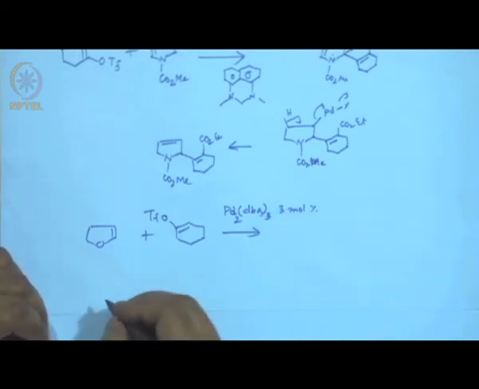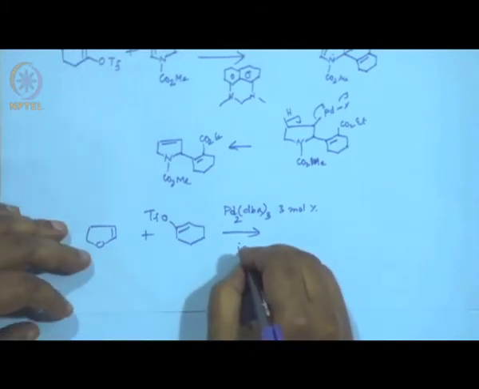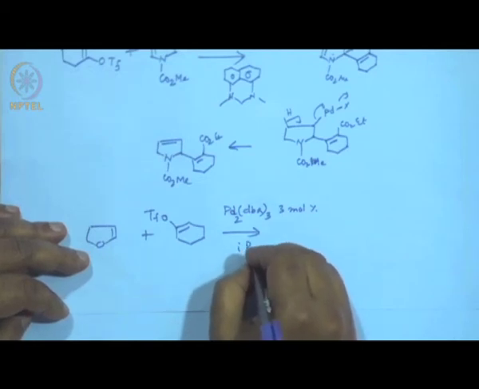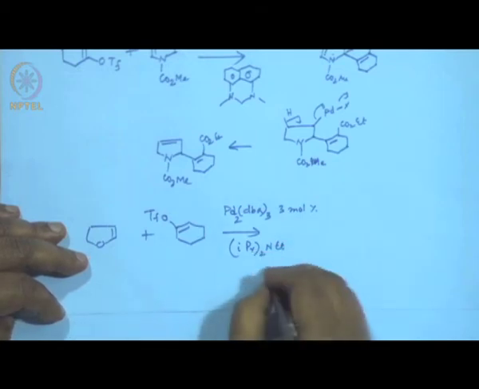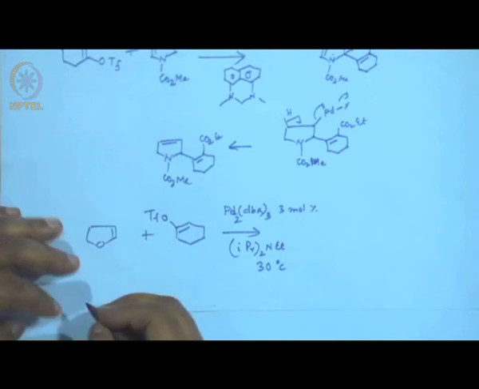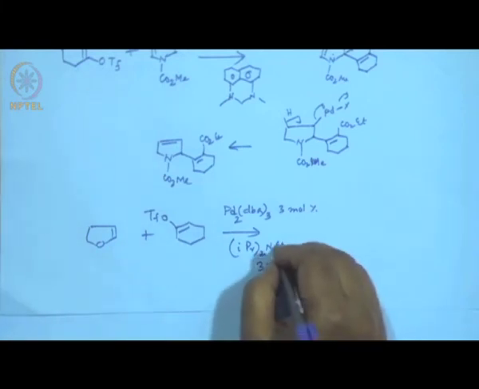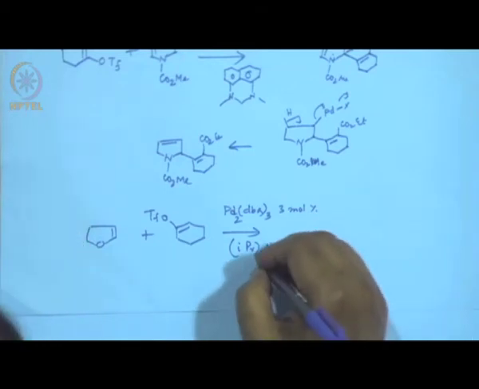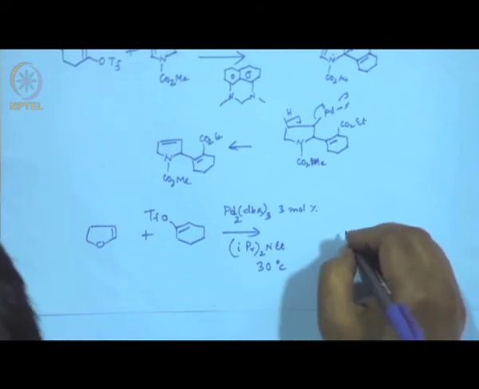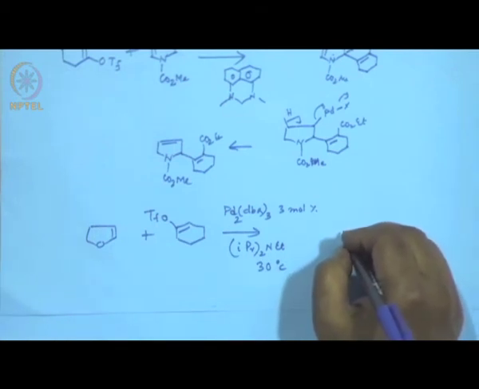Mind it, the percentage requirement of the catalyst is very little, and then diisopropylethylamine, and the temperature is only 30 degrees, sort of like room temperature, and again a base is required, an amine base. This is sometimes called a unique base. Okay. And of course, anything else is missing? Anything missing? Solvent benzene,